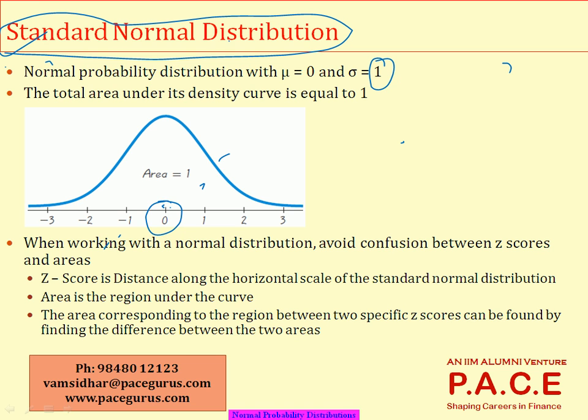And a couple of conclusions that we can make from the standard normal distribution: the area under it is equal to 1, because for any probability density curve the area underneath it is equal to 1, and the height corresponding to every value should be either 0 or more. It cannot be below 0, which means it cannot be below this particular line. The point should always be above that particular line itself.